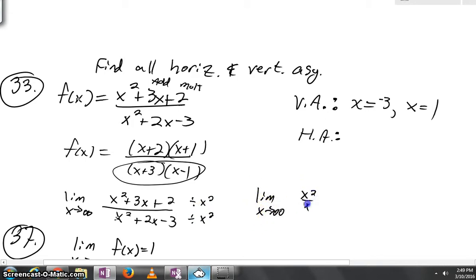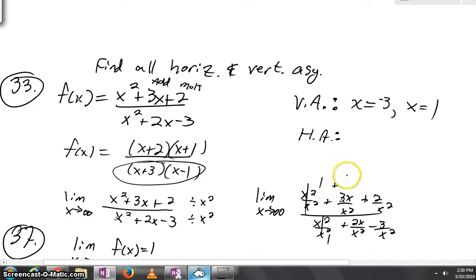Of x squared over x squared, here's 3x over x squared, plus a 2 over x squared. Down here we'll have x squared over x squared, plus 2x all over x squared, minus 3 over x squared. Well, the x squared over x squared is a 1. This becomes 3 over x. What does your top become as x goes to infinity? It just goes to what? 1 plus 0 is 1. How about down below? This is really a 2 over x. Well, you